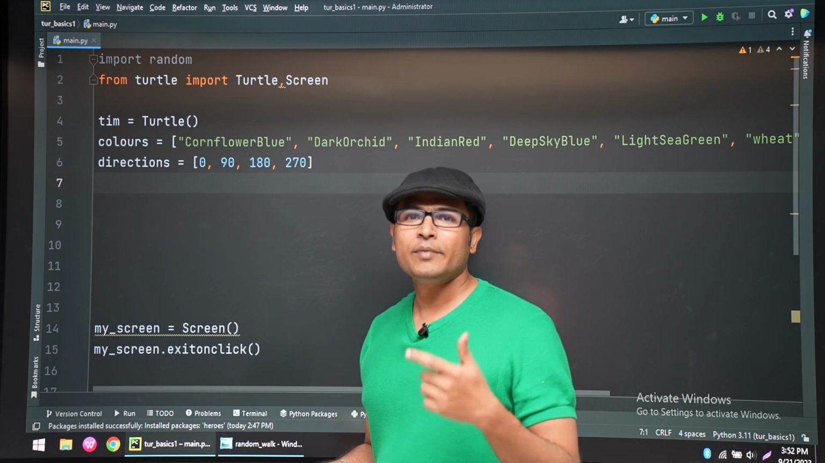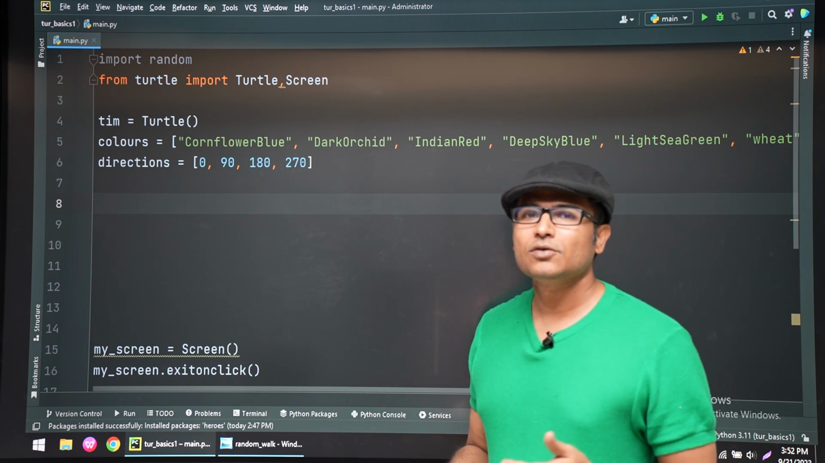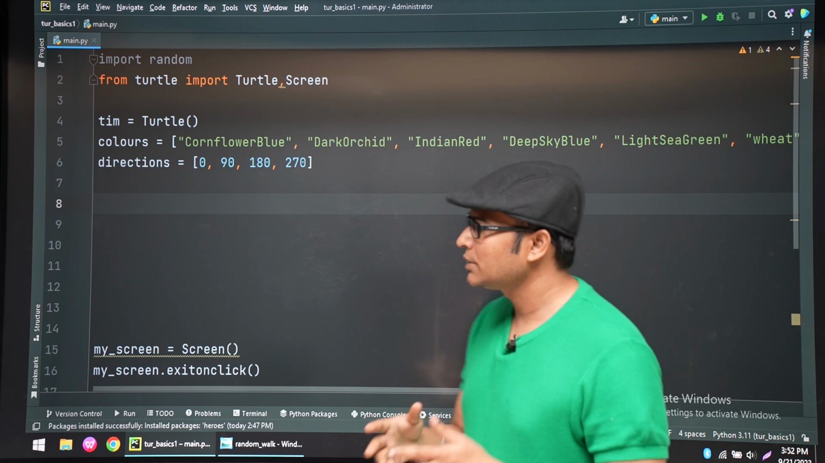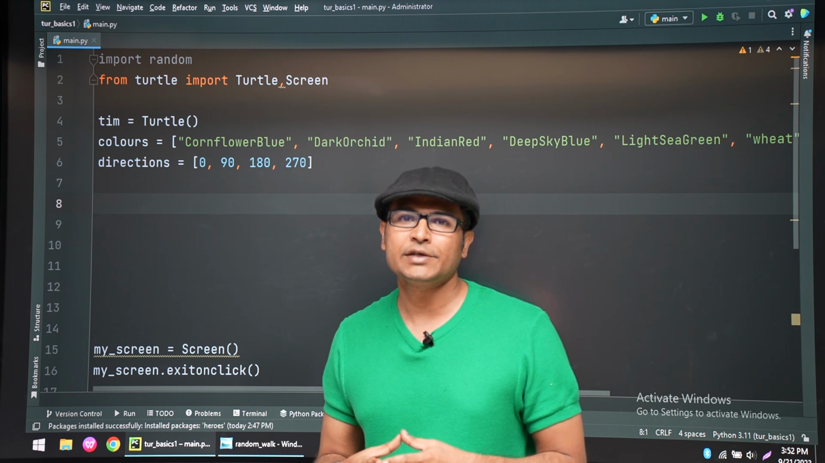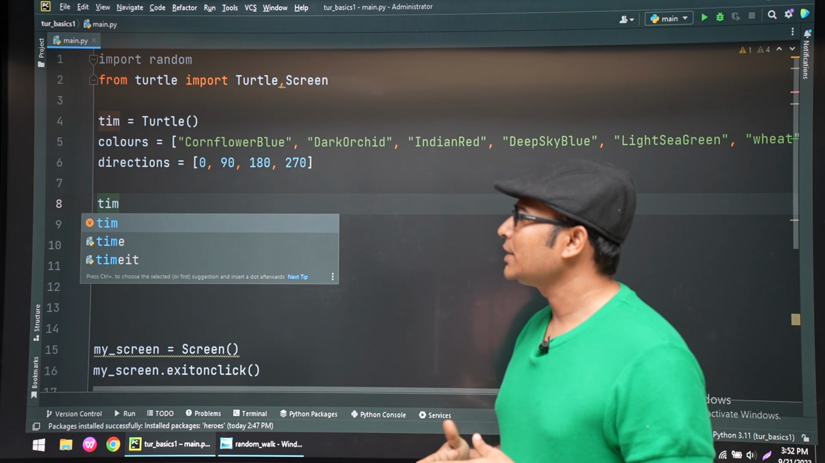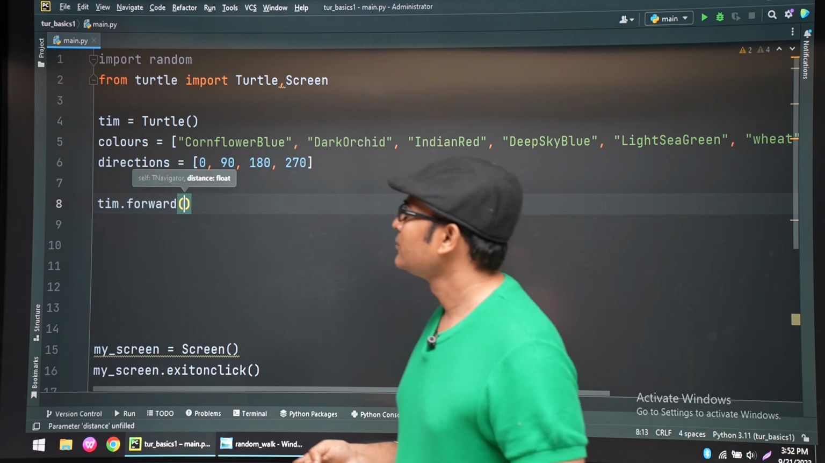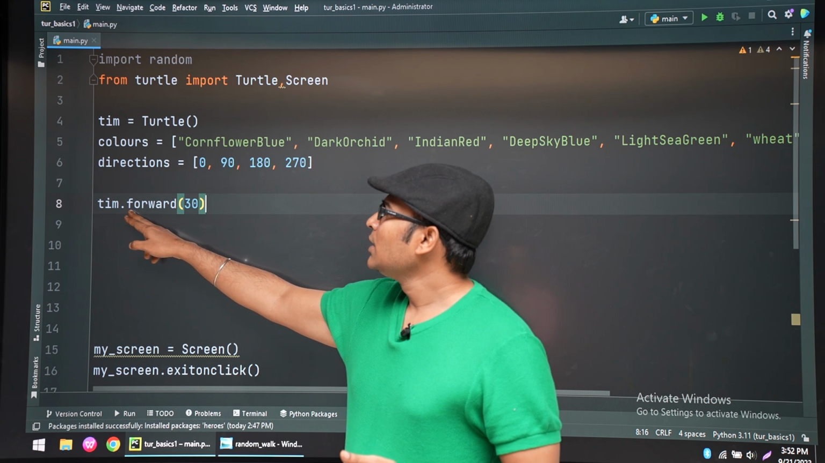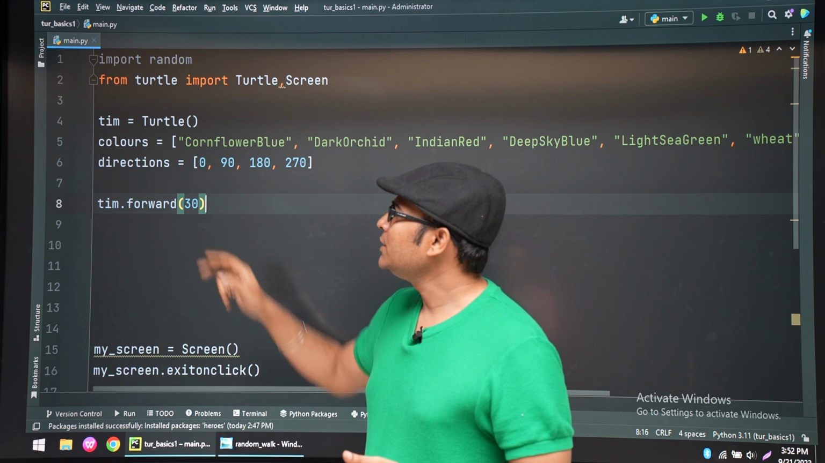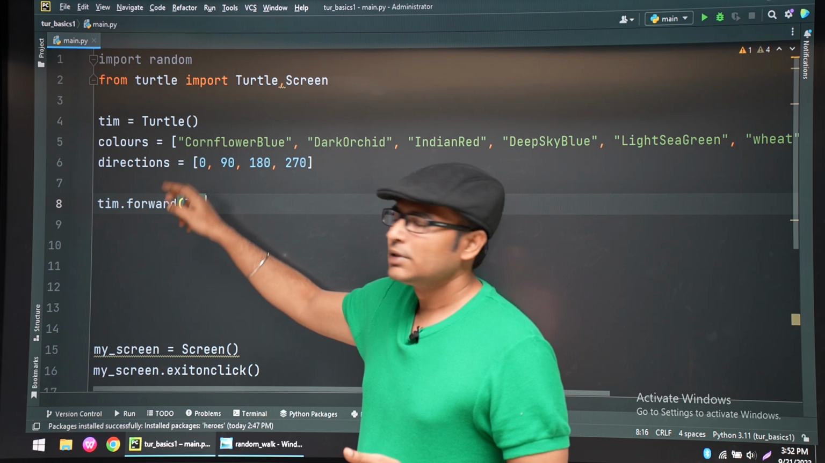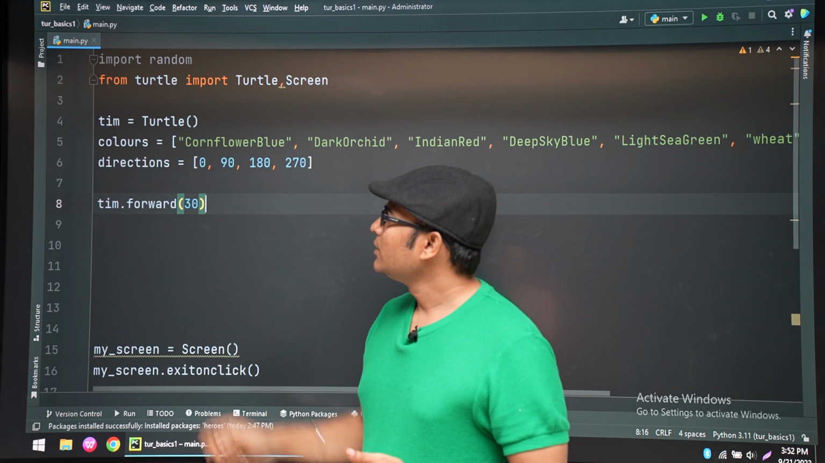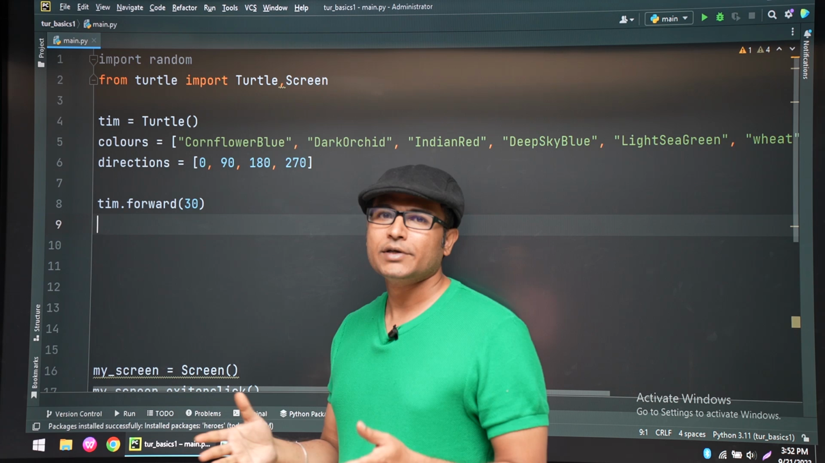You have to read the documentation to understand this. I'm not showing the documentation, but they are all going to be present there. So try to understand the program, and if you need more details, go to the documentation once. Now I am moving Tim 30. Tim is the turtle here, so I am moving Tim 30 places forward,